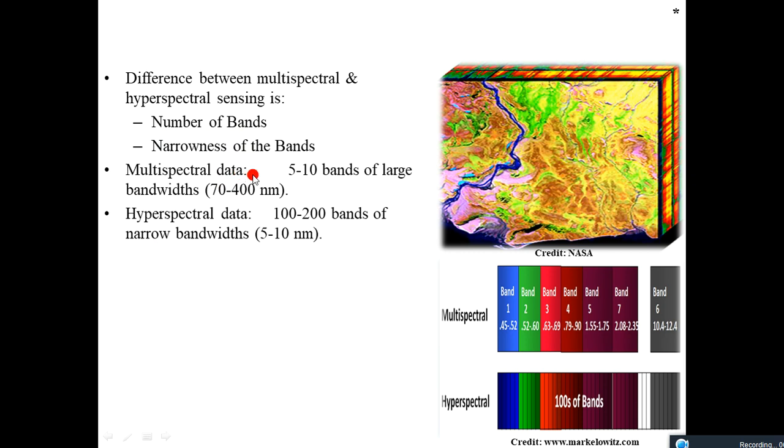Multispectral data may have more than 3, that is 5 to 10 bands or larger. Okay, they have larger bandwidths. Whereas hyperspectral, they have 100 to 200 bands and they have narrow bandwidths. Okay, here you see the bandwidths are very narrow, whereas in multispectral the bandwidths will be larger. And if you talk about panchromatic, a much larger bandwidth will be there, from white to black. Okay,